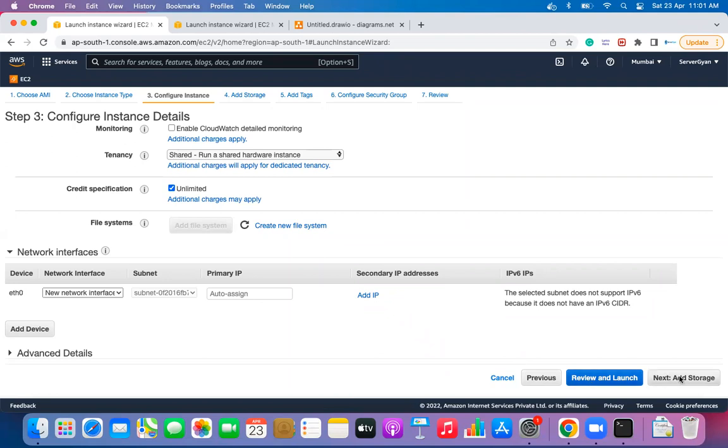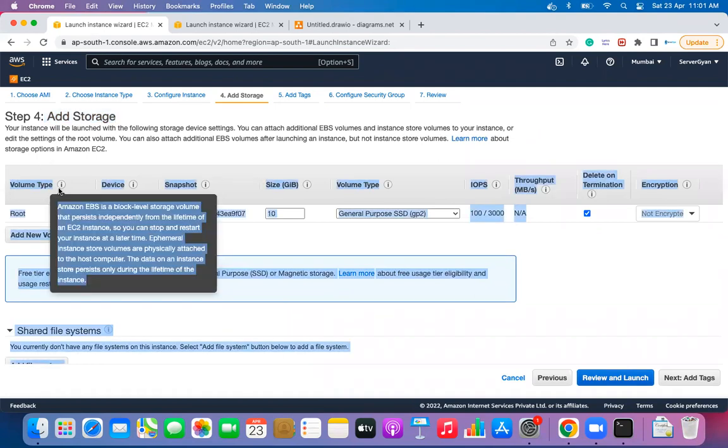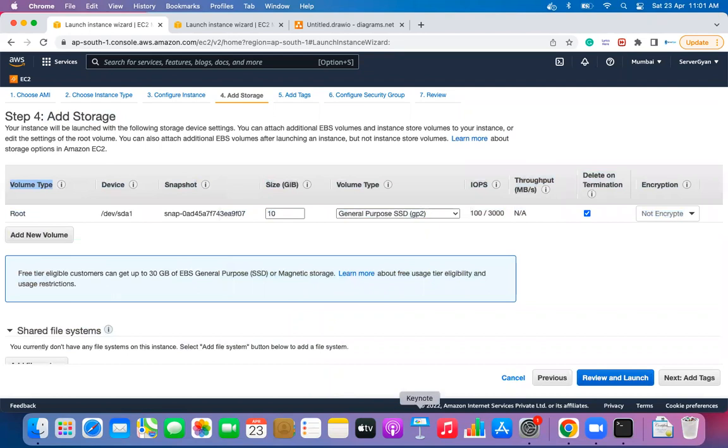Great. So now I would go next, and I would like to go ahead with the add storage section. Now, guys, once again, this is going to take some time in order to add volume. So first of all, the volume type. So guys, there are two types of volume. First of all,